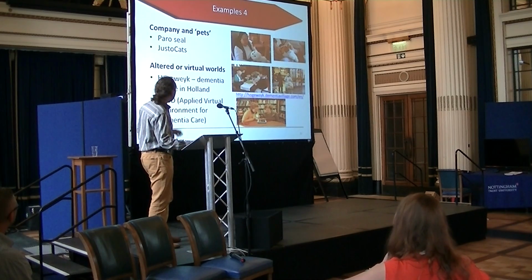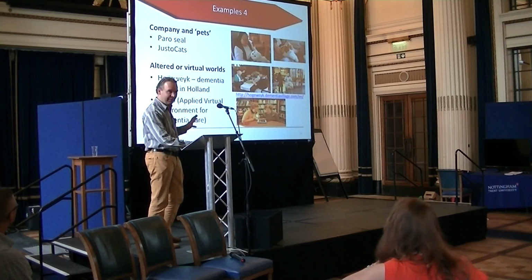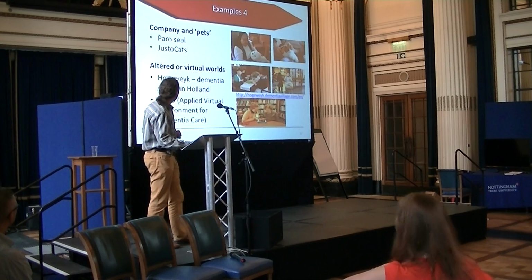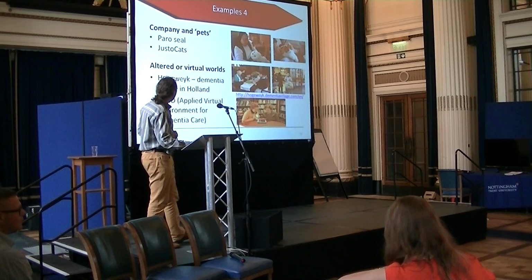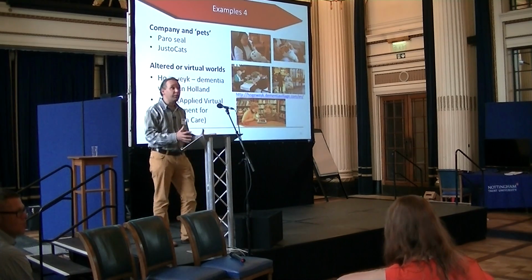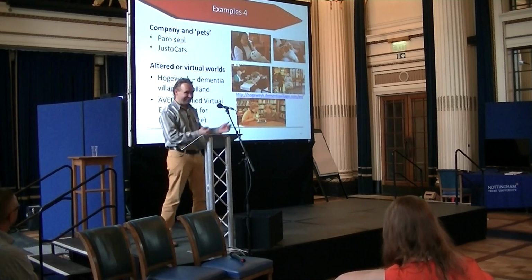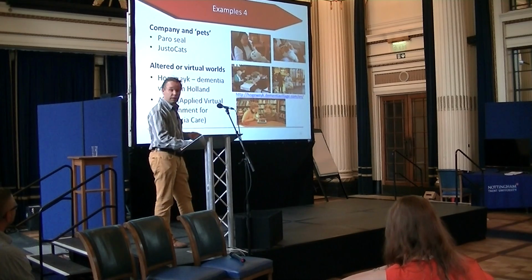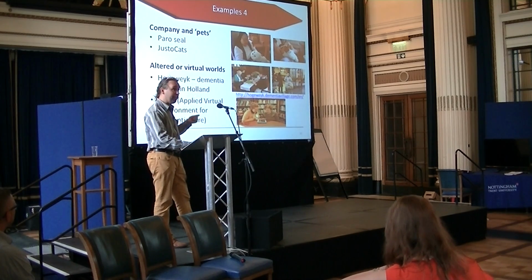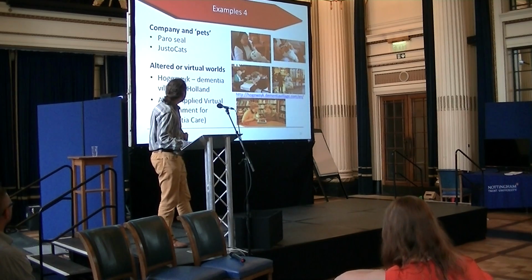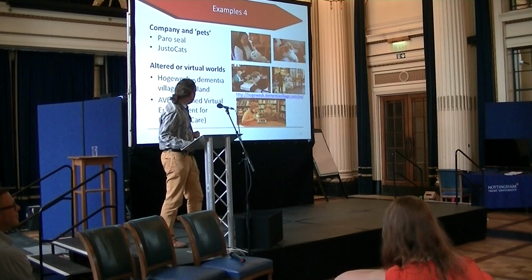Okay, and then perhaps even less well known, the use of pets and robots, even pets. There's a robotic seal. If you've never held Paro the seal, I recommend it. It moves, it makes sounds, and it's used in care homes. It's being evaluated in the UK at the moment. It's very popular already in Japan and Denmark. And then there are other versions of that. There's a cat on the right.